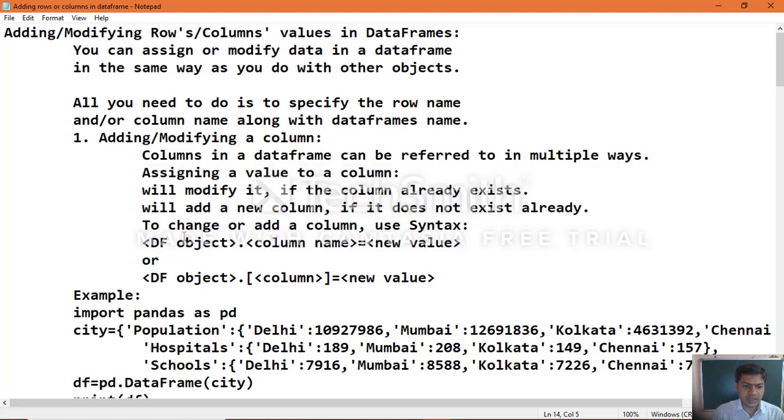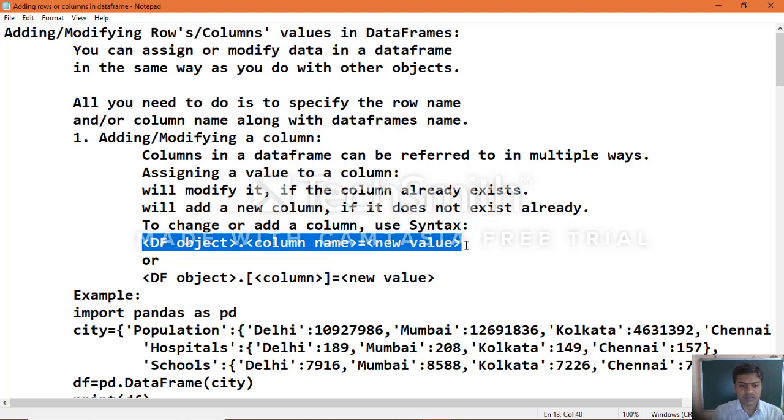To change or add a column, we need to use this syntax: data frame object dot column name equal to new value. This is the syntax you can follow to add a column or value to your data frame object.